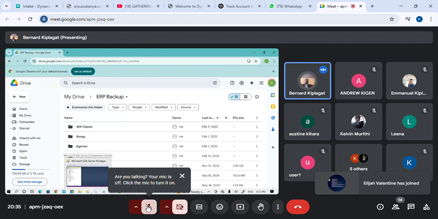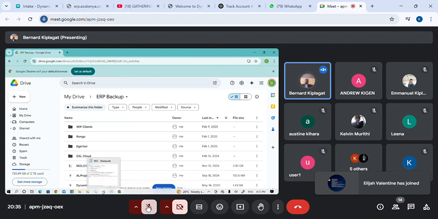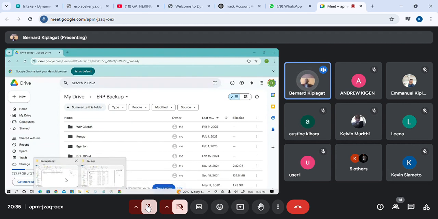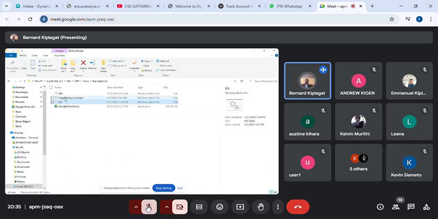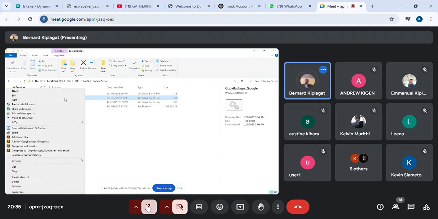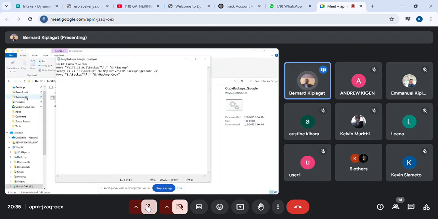You do a script, and I will show you a sample of the script. So I prepared a script here for copying backups to Google. So you can edit that script. It's actually the simple script. This is the only thing. This is the only line that does that. You copy from whichever folder you have